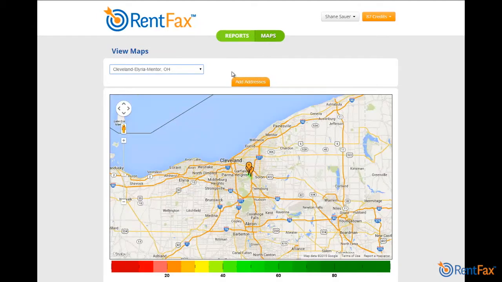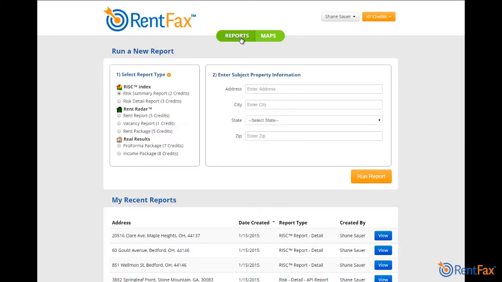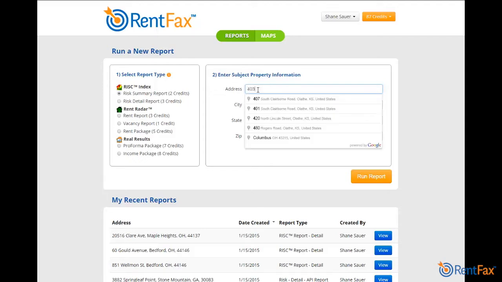like for me. When I click over here, I actually have some maps that I've been working on or have recently used, but as a new user you will not see this, so I'm going to show you how to build a map from scratch. RentFax is a system that is driven by subject properties, and so to begin a map you need to have a property address. So I'm going to pull an address in to get us started